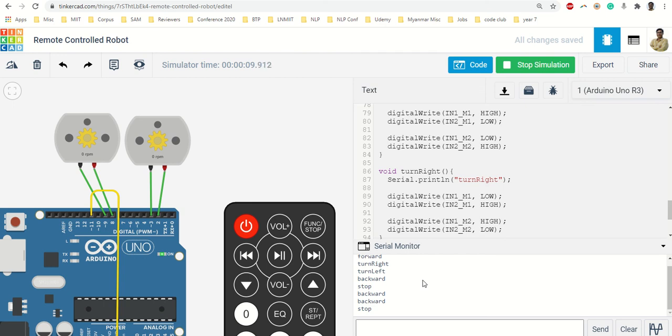And now you must have got a lot of ideas that not only the car, you can make a lot of applications which can be controlled by remote control. It can be the door, it can be your lights, you can control multiple lights of your room. All these things are possible. You have to just know the basics, which I am sure you know now, and go and explore your own ways. Thank you.